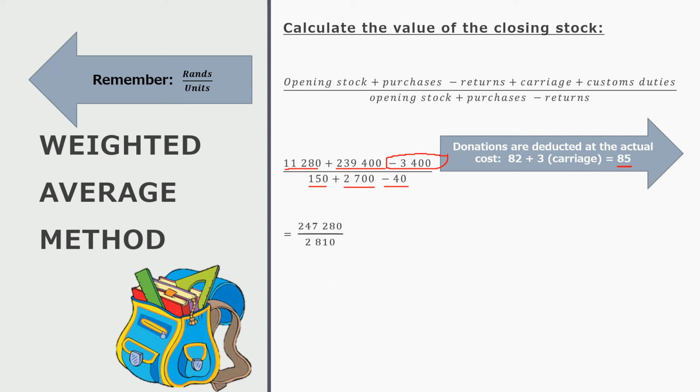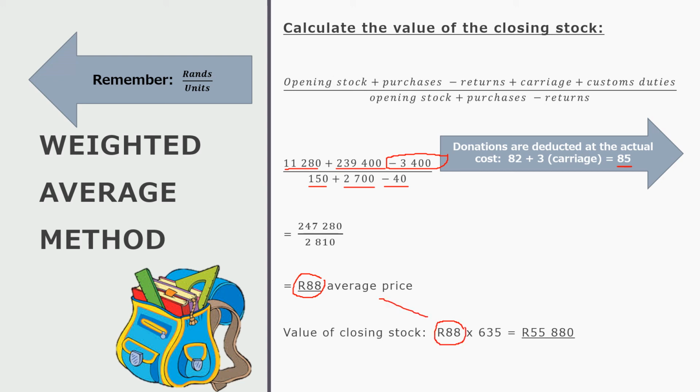If we do that, it's going to give you 247,280 over the units of 2,810. And that means that our average price is going to be 88 rand per unit. We first have to calculate the average price, then we have to calculate the value of my closing stock. So the value of the closing stock is the average price, whatever we have calculated there, times the amount of units that I have in stock at the end of the year on hand, and that is going to give me